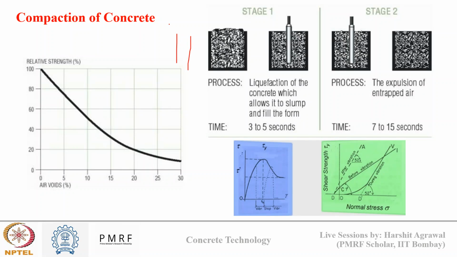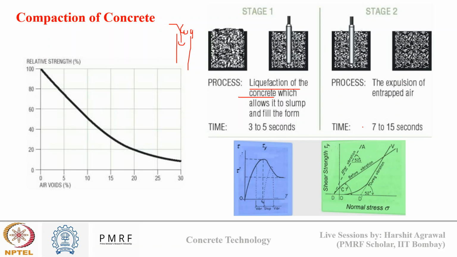So suppose this is my formwork, I am pouring the concrete from the top. Due to its weight and due to gravity, my concrete will flow inside the formwork, and that is known as liquefaction of concrete, where concrete flows due to its slump and gravity. Then the second step is the compaction, that is done to remove all the entrapped air voids from inside the formwork. So once I have allowed my concrete to flow, I will do some external compaction to remove additional air voids that are present inside the formwork.